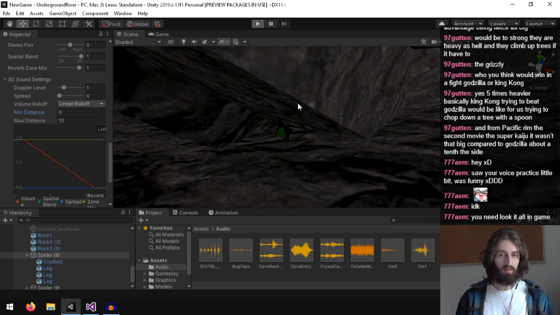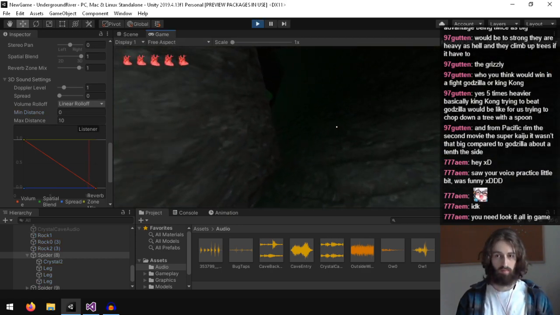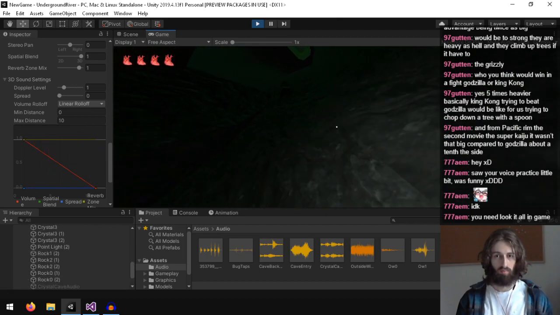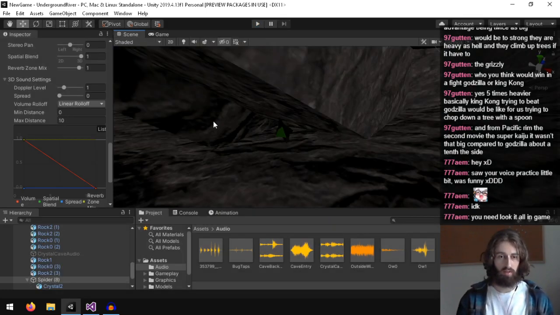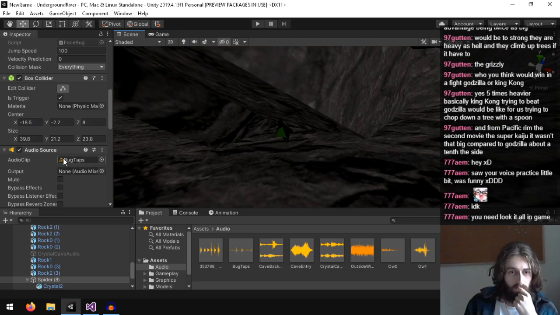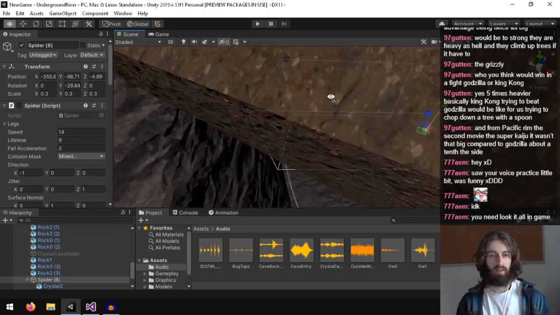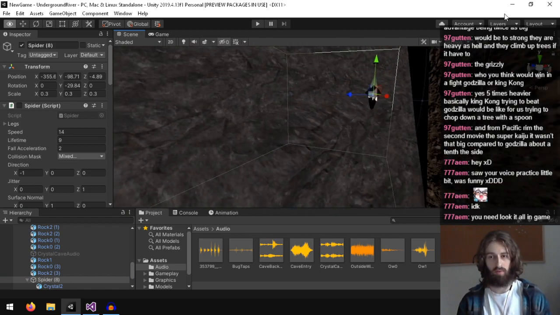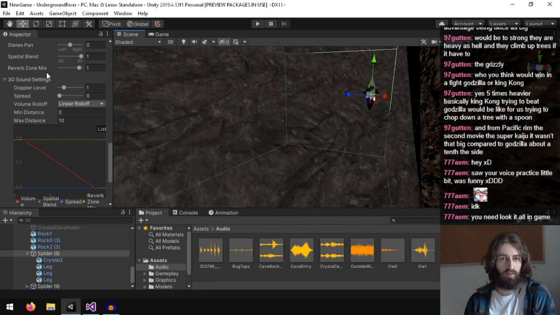Maybe that was 10 units. It didn't look like 10 units. Yeah, what the hell? It still plays. It's still playing the audio, even though it's supposed to have fallen off all the way.